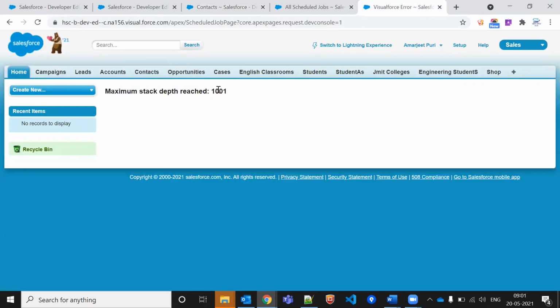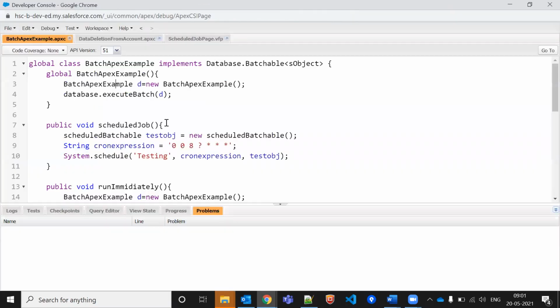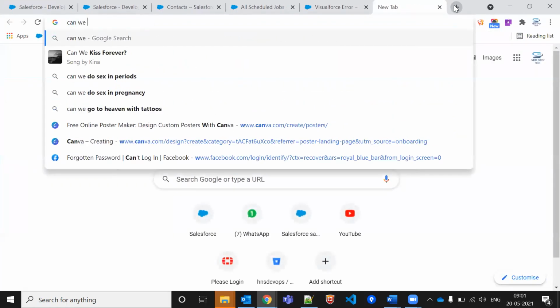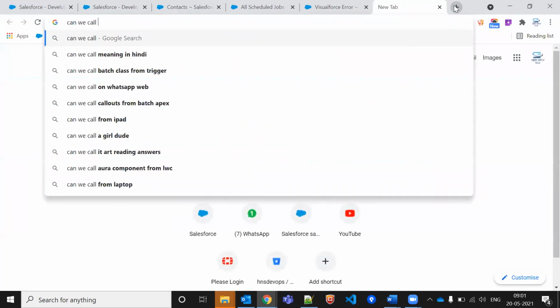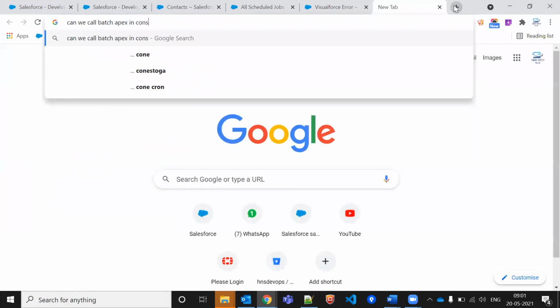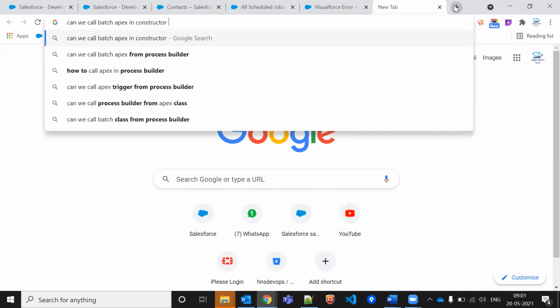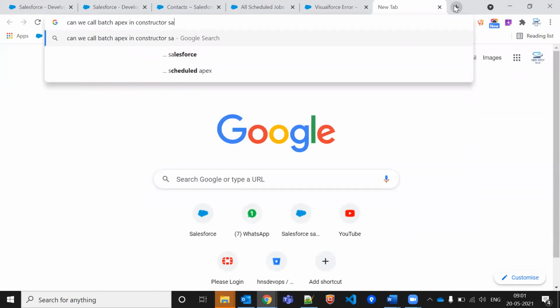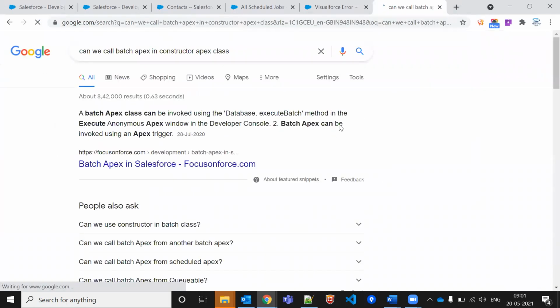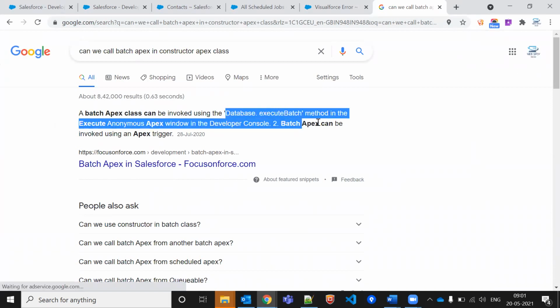So the stack is okay. Batch Apex, I think. Let me just check. Can we call batch Apex in a constructor? Using Database.